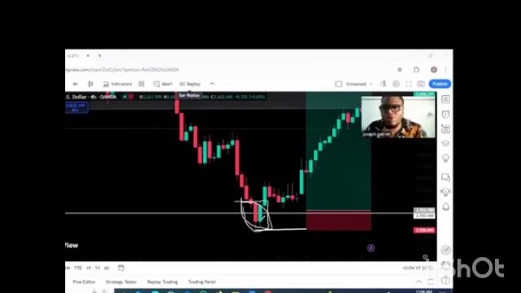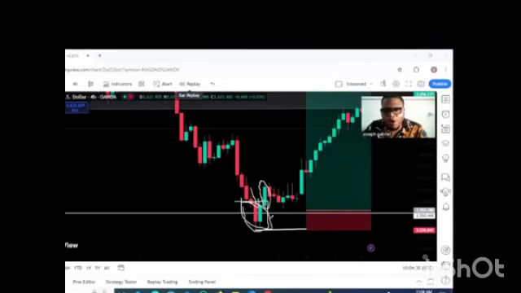But I will not actually want to enter because I see a tweezer bottom pattern immediately. So I'm going to wait for confirmation. Okay, so after this tweezer bottom pattern actually formed, you can also see there is a next break